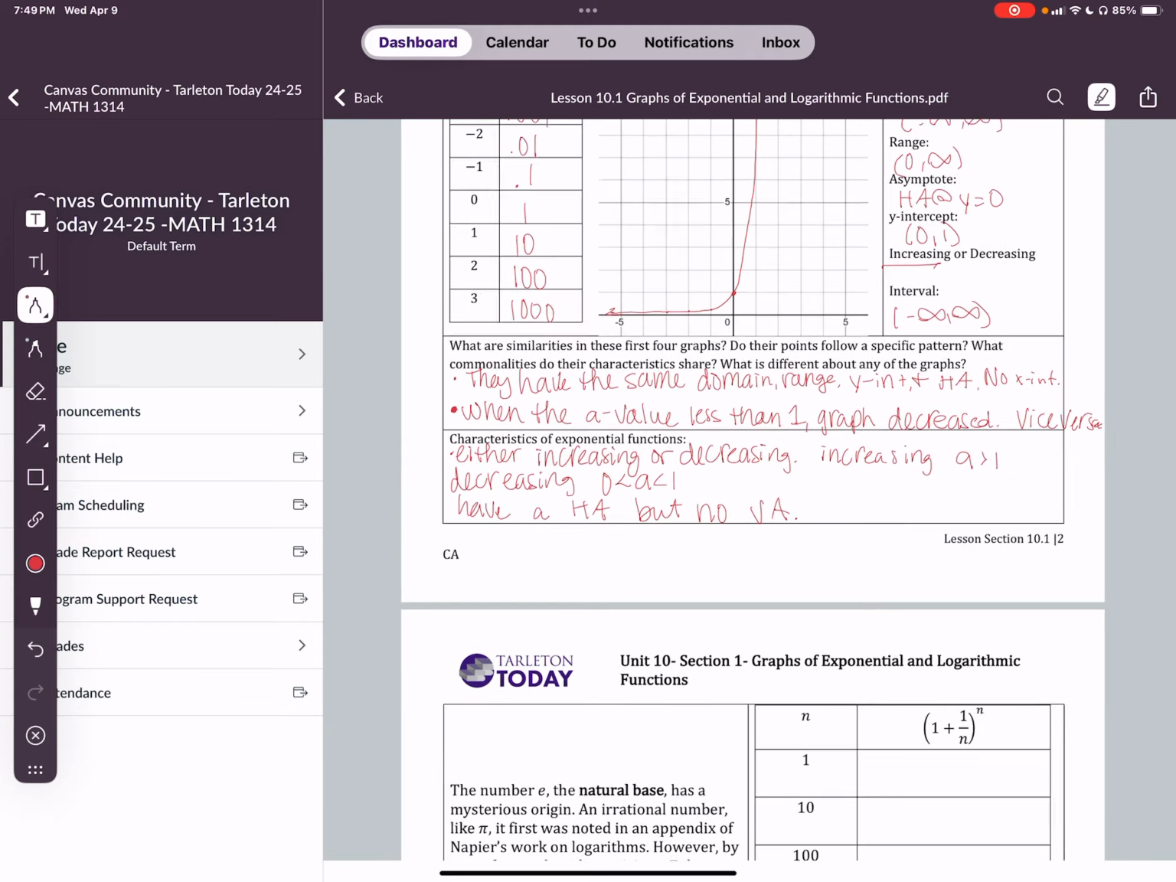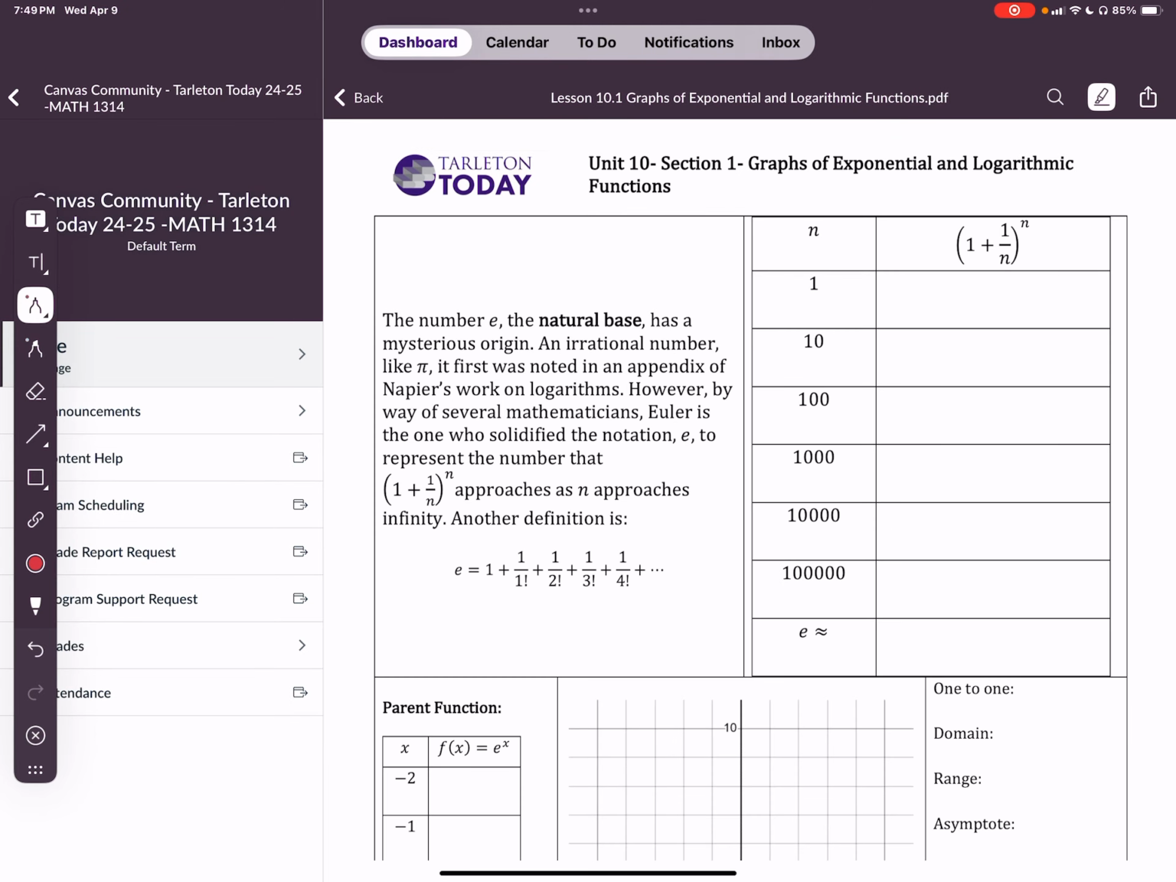All right, so then moving along, and again, if you need to pause it, go ahead. I'm just going to keep trucking through it. So we have the number e, okay? It's actually like a symbol, I guess you could say, like pi. It just means the natural base. And so, yes, there's a mysterious origin. It's irrational, it's going to keep on going forever. And so it gives you a way that you can define it. All right, now, using this formula,